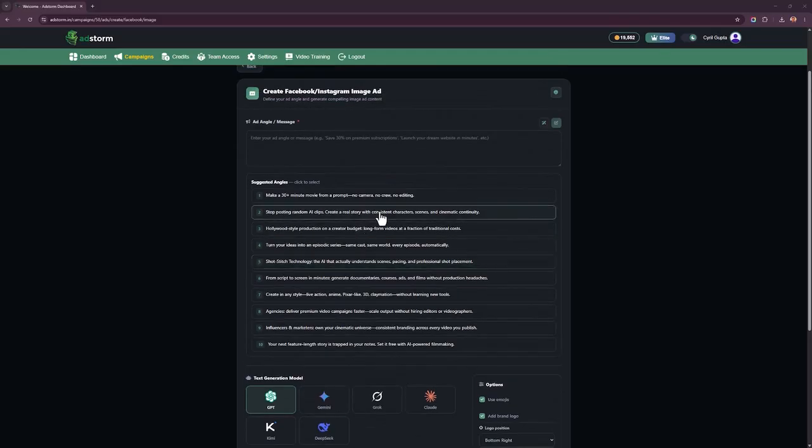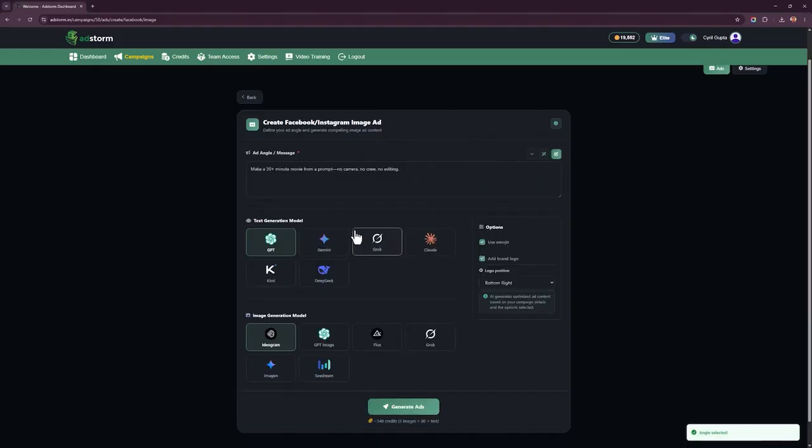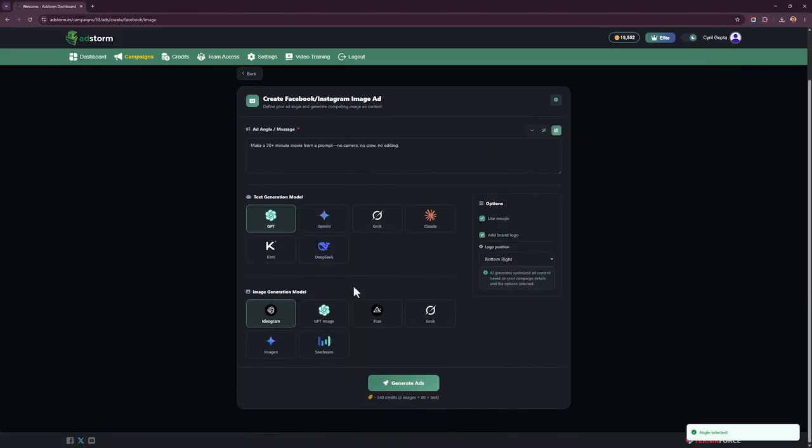All of them are exactly tailored to the business that you put in. So nothing out of the ordinary, nothing random. It's all specific. Let's take this angle, the first angle. I really like it. And you can now choose the AI that you want to use to create the ad